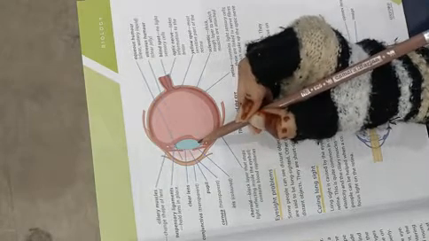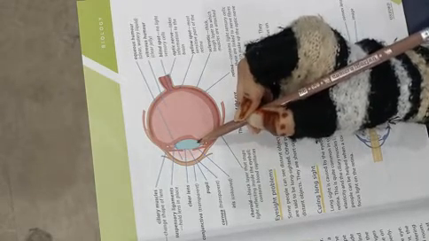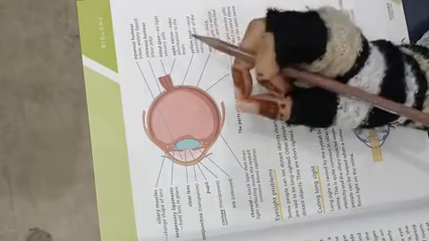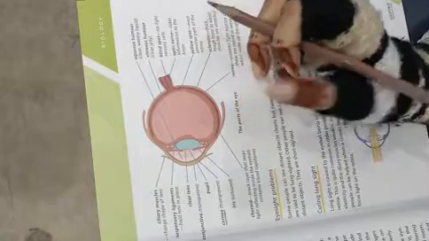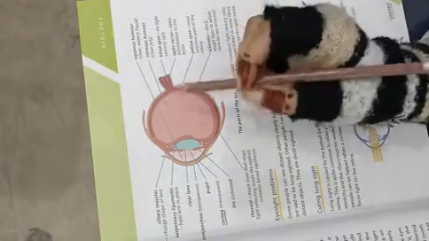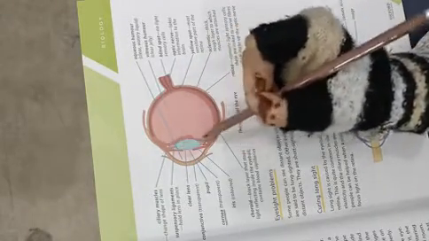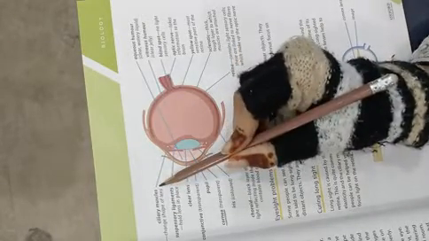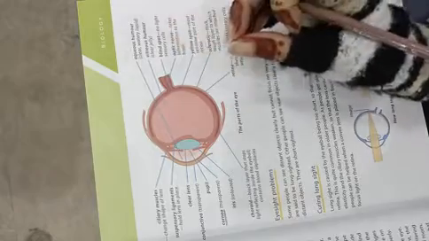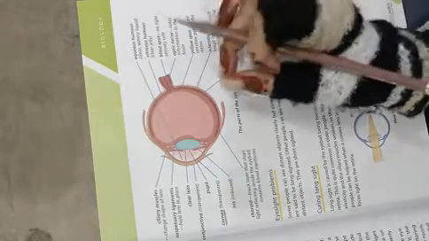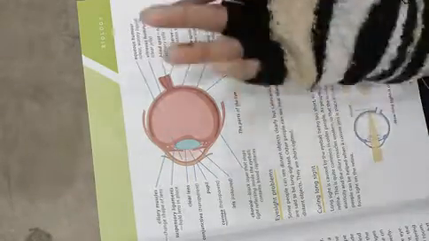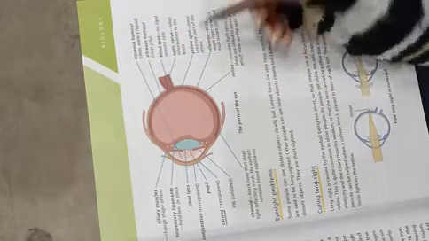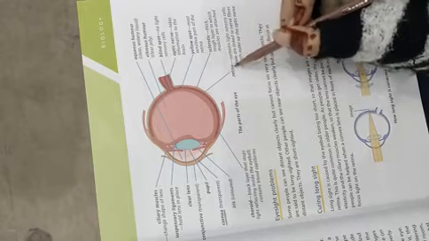Behind the cornea is the lens. The lens is basically elastic and its thickness is controlled by the ciliary muscles. As you can see here, the two dots-like image, these are called the ciliary muscles. In other words, it focuses the light rays that pass through it in order to create a clear image of the object. The next one, the most important part, is called the